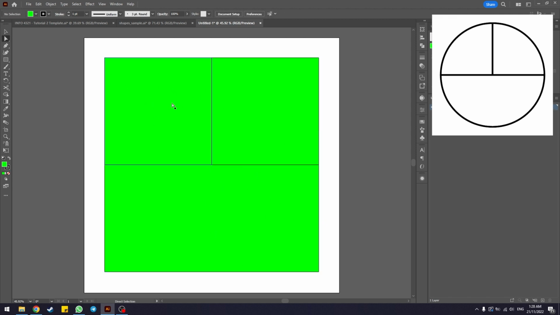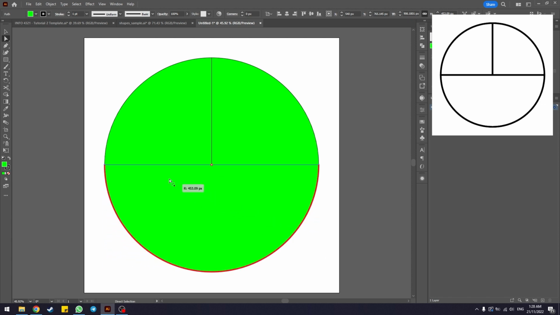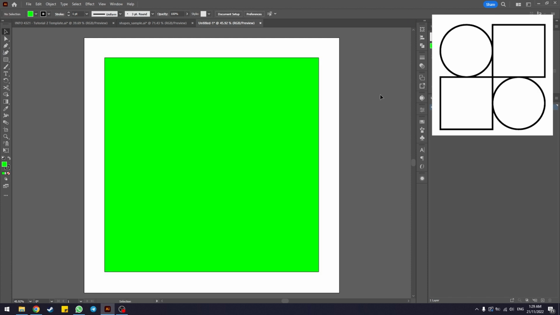Now you can just simply round off the parts that you want using the direct selection tool. For example, I'm just going to round off this part over here by hitting on one single circular handle here to create the semicircle for this part, create another semicircle for this part, and then I'm just going to, instead of rounding off the whole thing, I'm just going to select one circular handle down here, shift select another circular handle, and round them off. Next shape,